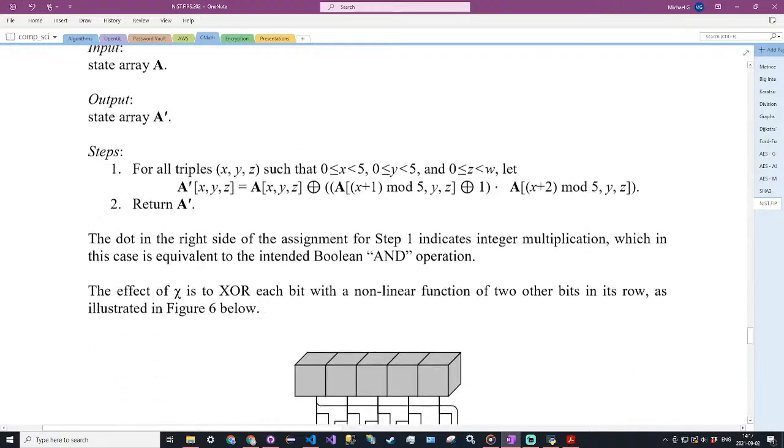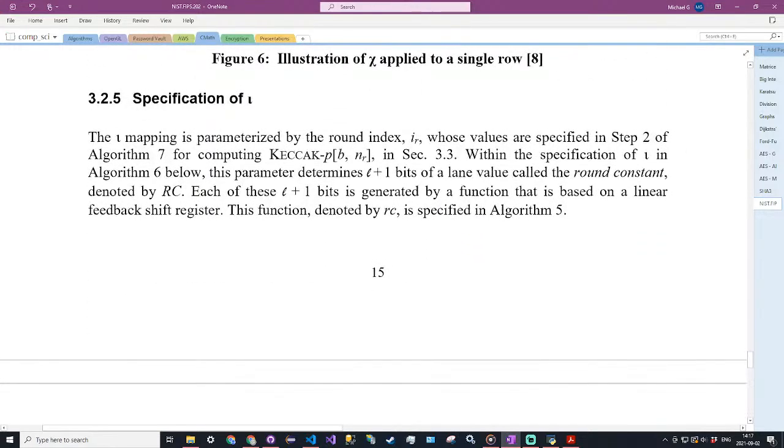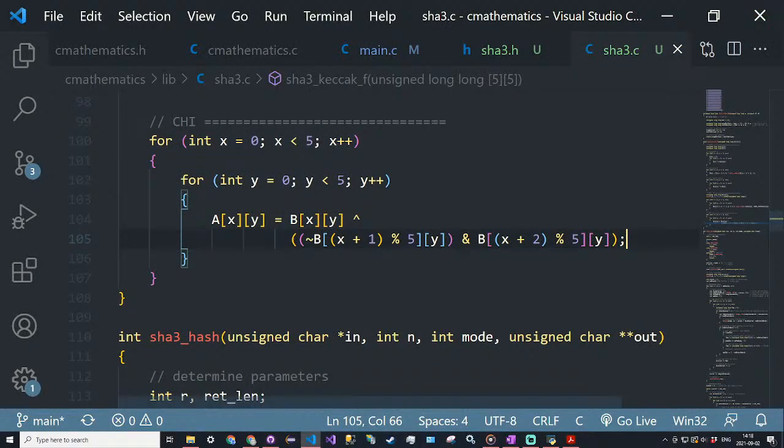Where is it? Yeah, here it is. So AX, that, and then we XORed with, is this it? Yeah, it is. Okay. All right, so that's chi, and then now for iota,